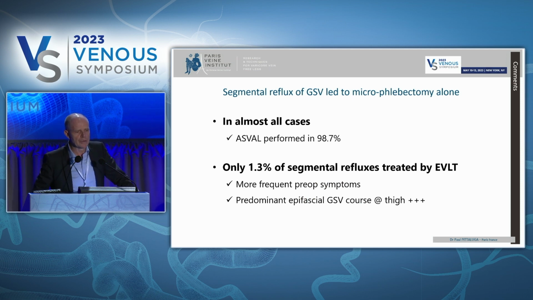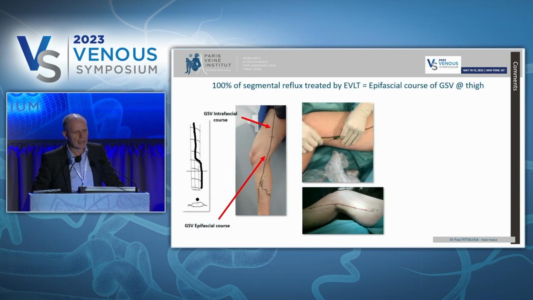So, looking at the results, we can say that in our daily practice, segmental reflux of the GSV led to microphlebectomy alone in almost all cases. Only a tiny percentage of segmental reflux was treated by laser. It concerned the most symptomatic patients with a predominant epifascial GSV course at the thigh. This situation occurs when the GSV becomes epifascial at mid-thigh, where we treated the proximal intrafascial segment by endovenous ablation